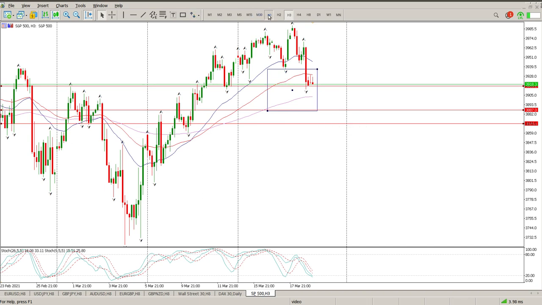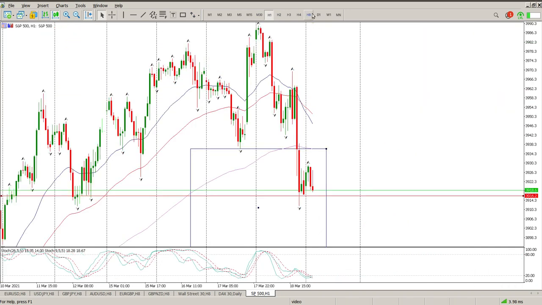And the way I'd play this, there are short scalps on offer, but that is only going to be on a retest of this area here, 39.36. So we get a retest of that area. There are short scalps on offer, but again,